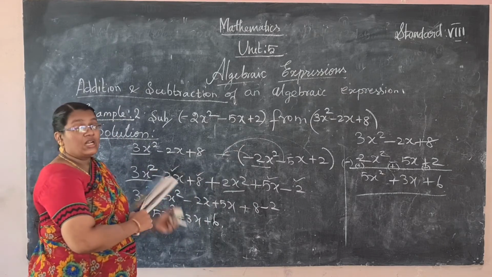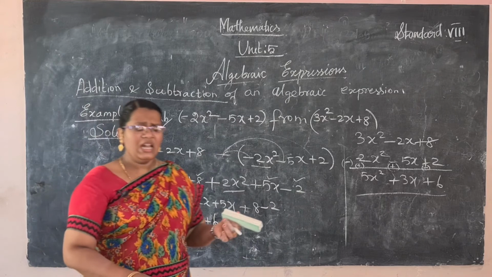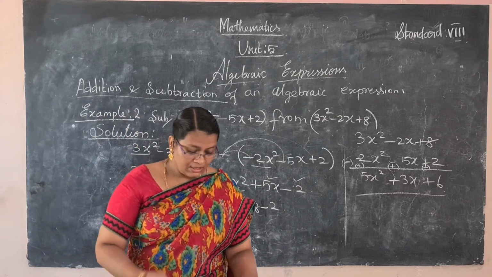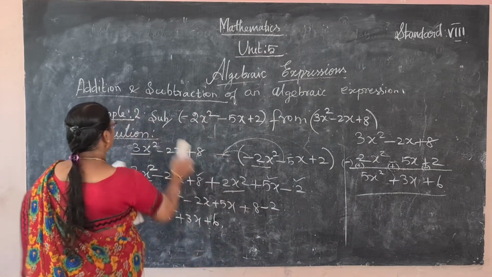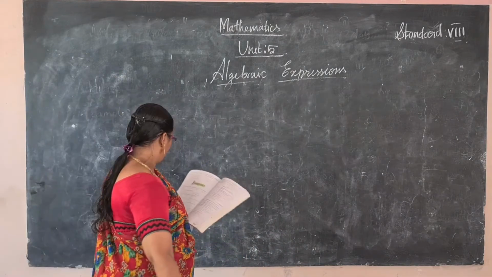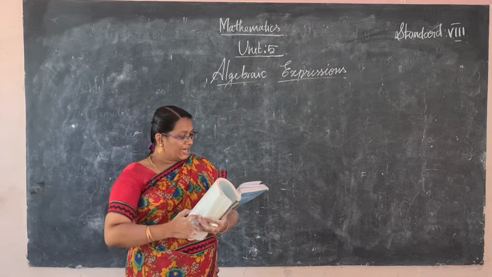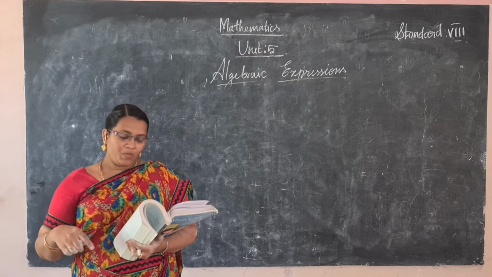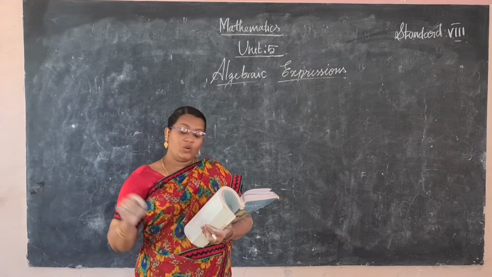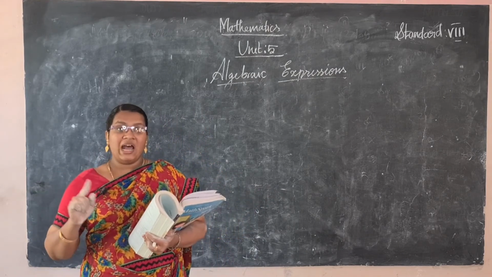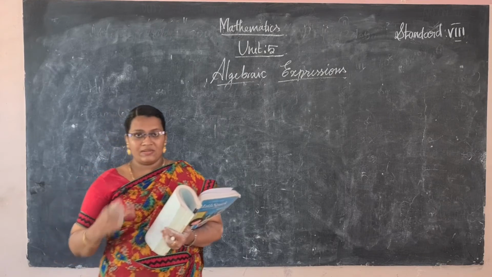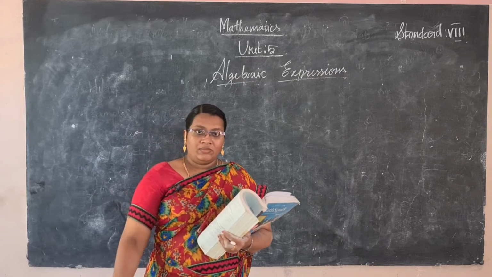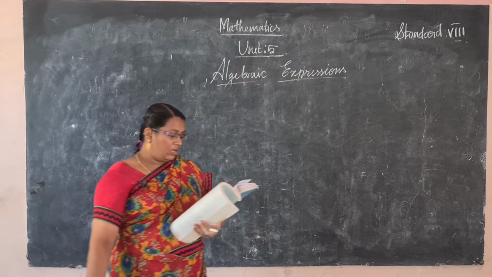So these are all we learned last year. Now see the revision exercise. First, classify the following algebraic expressions as monomial, binomial, trinomial. That is homework. Everyone knows this well. An algebraic expression with only one term is a monomial, 2 terms is a binomial, 3 terms is a trinomial, and more than one term is called a polynomial. You will write it easily.